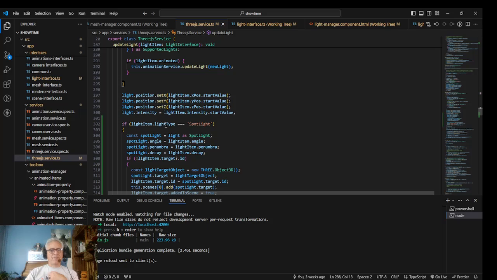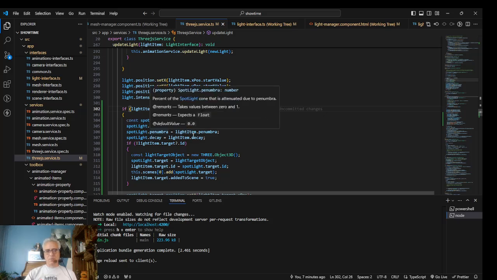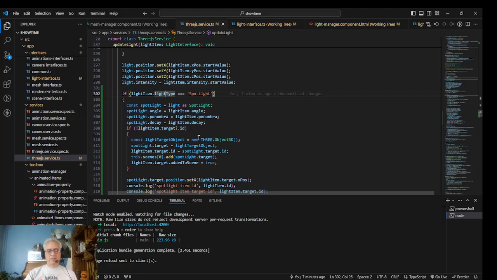And then I just say, hey, if it's a light type spotlight, then basically declare it as a spotlight. Okay, because I just checked, it's fine. It's a spotlight. Set its angle, set its penumbra, set its decay. If it doesn't have a target ID,